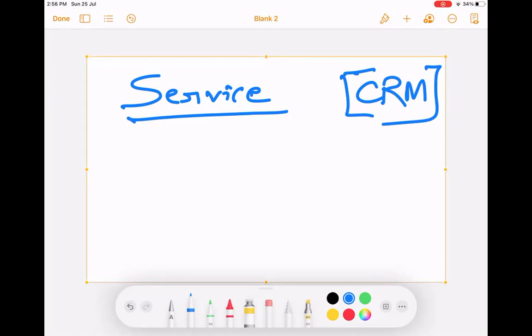So this is where the cycle starts. A customer may contact you just like you call Airtel or Vodafone, right? If you have a problem with your phone, what happens? A telecaller will answer you and say, yes, sir, what is your problem? And you tell about your problem. He logs it and you see in your SMS, you get a ticket number, right? This is basically the same thing. In Salesforce, there is an object called case.